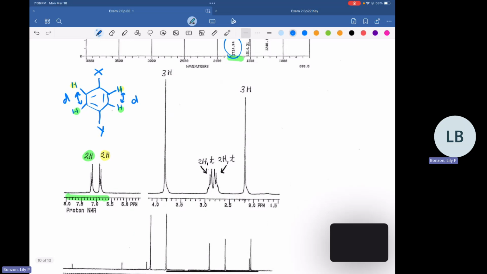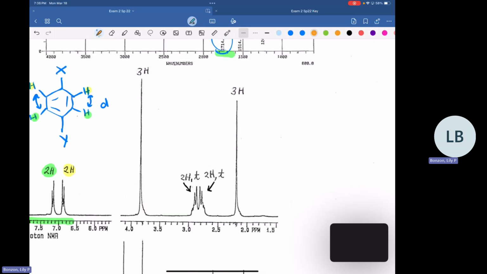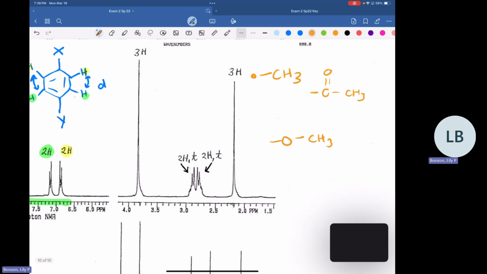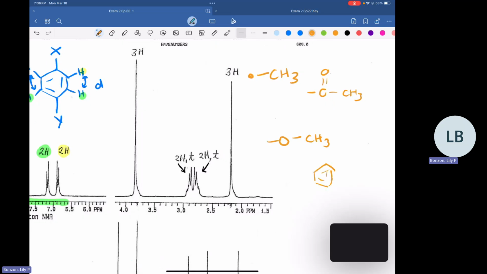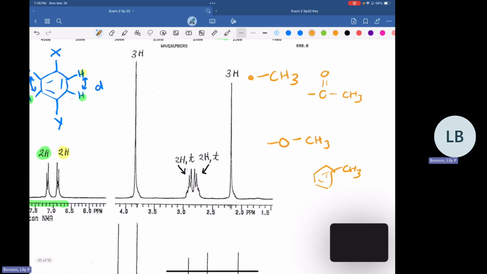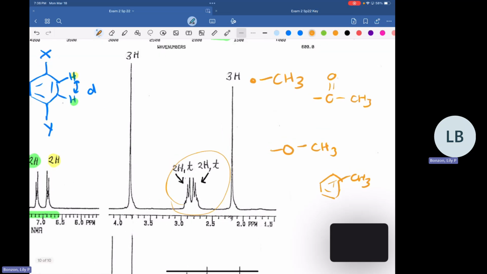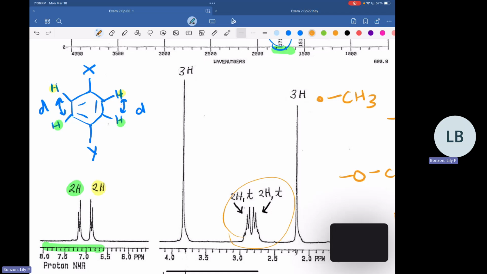All right, so going back to our proton NMR, we have a 3H peak. So that means that the carbon that we're looking at has 3 hydrogens. This is a singlet. So this means that this carbon is not going to have any neighbors. It's either going to be connected to maybe a carbonyl that doesn't have any hydrogens on it, or it's going to be next to an oxygen, like an ether or something like that. Or it could just be connected to the benzene ring directly. Okay. Then we've got this kind of weird peak here. I'm going to skip it for now. Put all my problems aside for later.